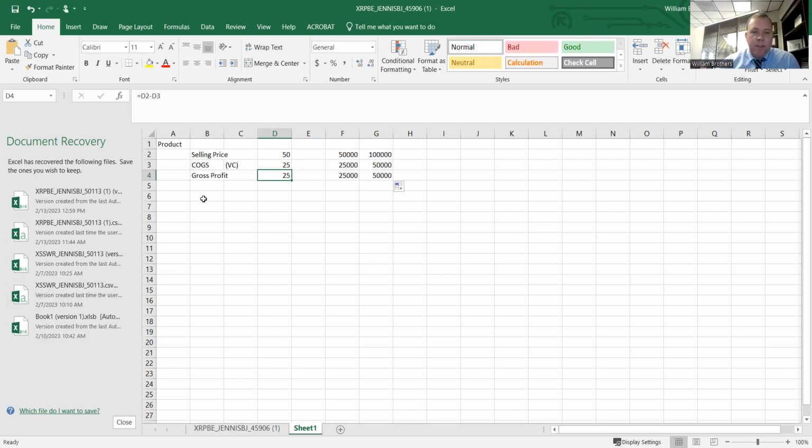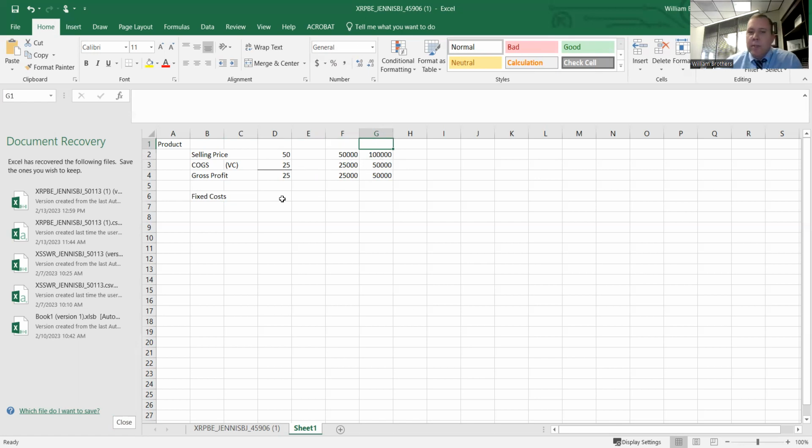When I think about fixed costs or other expenses, these are costs that are not variable. So think about your rent. If you paid rent for a building and it was $3,000 a month, for instance, it doesn't matter whether you sold 1,000 units, 2,000 units, 5,000 units, 50,000 units, whatever. Your rent is fixed at whatever that cost is. It is not affected by volume, and that's why we call it a fixed cost.